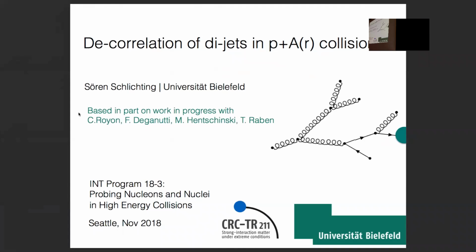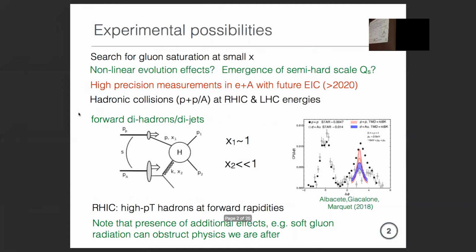So I'm going to be talking about forward dihadron production in CGC, because it really gave me the chance to look at some of the things that I had been doing on this over the course of the years, but then somehow got a little bit lost. Part of this is based on work in collaboration with the Kansas guys, and so this is very much going to be a phenomenological thought on someone trying to compute dihadron cross sections in CGC.